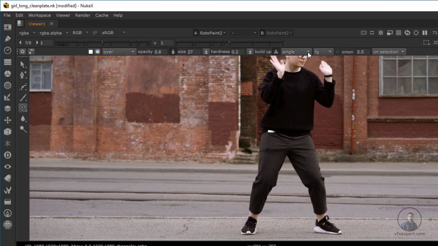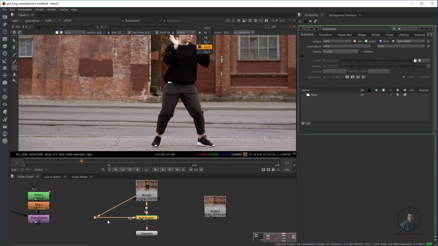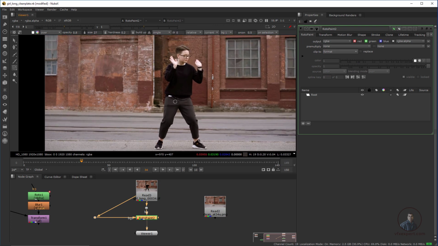Then this is hardness; this is on single frame, which we use here. Then for reference we have to select BG1, meaning we will use this reference. Then after this we have to see our reference frame and adjust it. For this you will get the onion option. Just enable the onion option. If you enable this, you will get the onion here, but still you are not getting anything because you have not defined your reference frame. So here in delta T we have to define our reference frame.